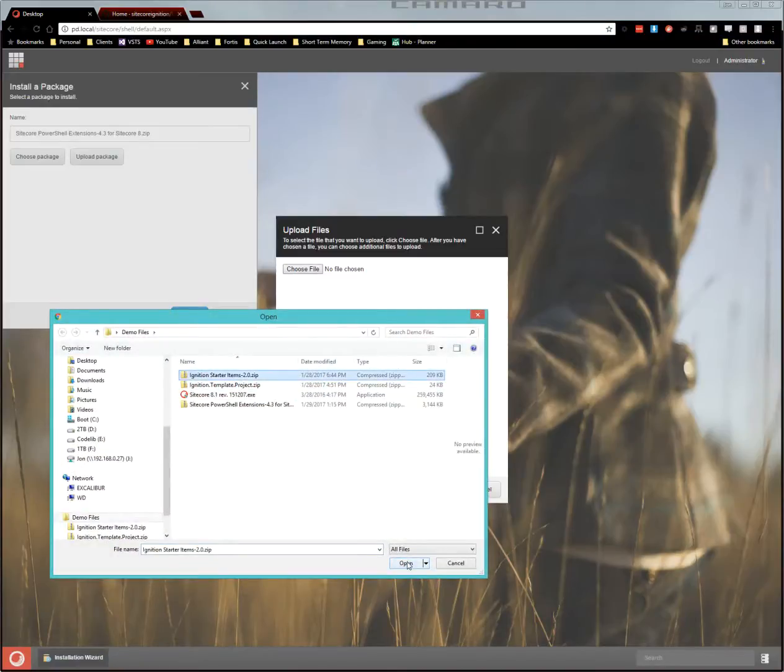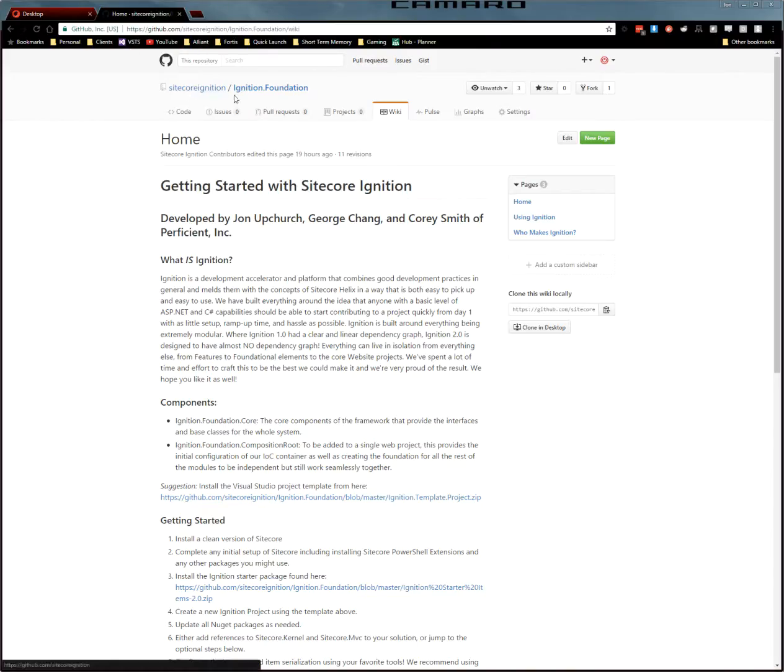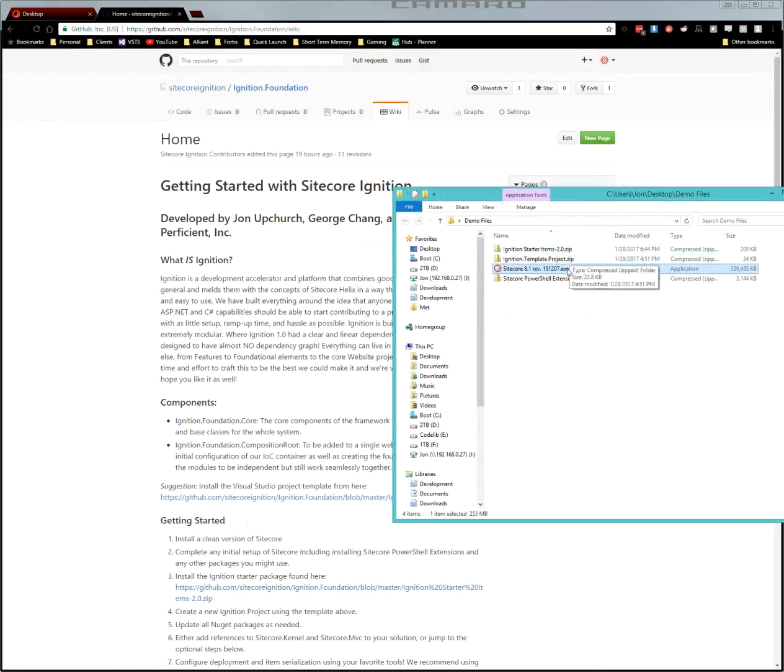Ignition starter items. You can find those items. Well, let's finish this. You can find those items. This is on GitHub, the Sitecore Ignition, ignition.foundation. They're actually in the code base, but the wiki has a link to the Visual Studio template project, which you can put in your templates folder. And for Visual Studio, this is in the My Documents Visual Studio templates project slash,